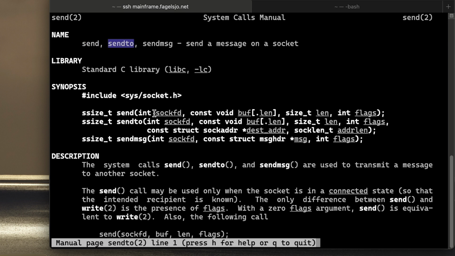But send2 looks promising, because here we can just provide the file descriptor, a buffer containing the data we want to send and its length. Flags, I don't think we're going to use those. We need to check that out. And here we will put the addressing info, but since it's going to read it from our header, we probably